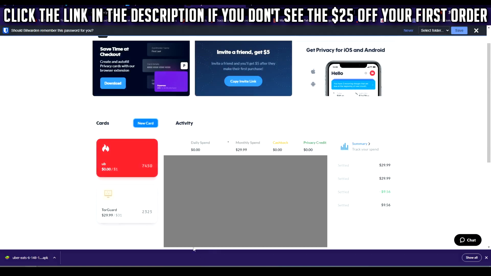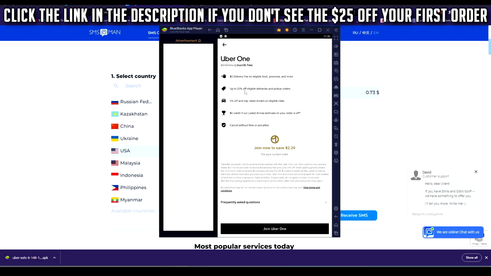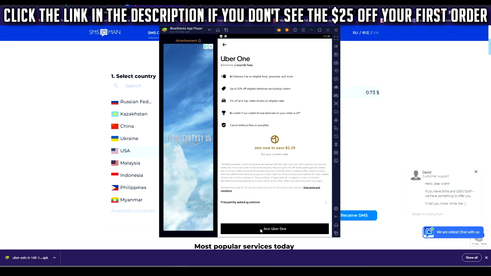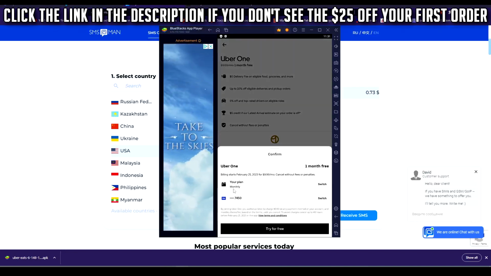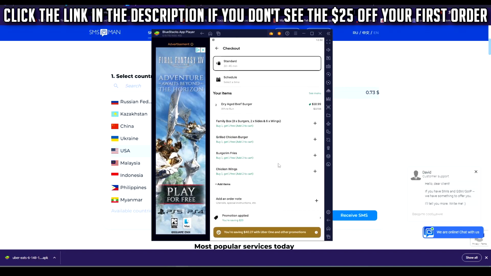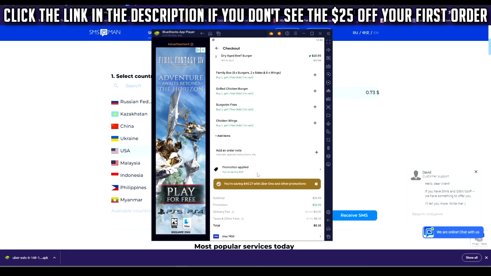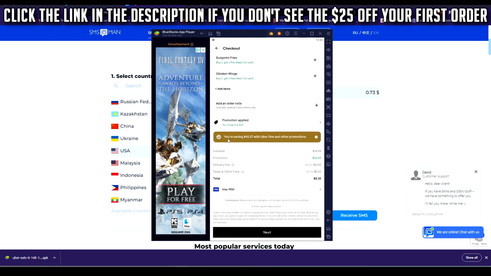So you're going to want to head back to your emulator, and you're going to basically select join Uber One. The first month is free. You can cancel it after if you just don't want to use Privacy, but I'm just explaining to you what I do. So just click on join Uber One, and then you're going to want to click on try for free. Alright, now that you successfully signed up for Uber One, which is the subscription that I was talking about,